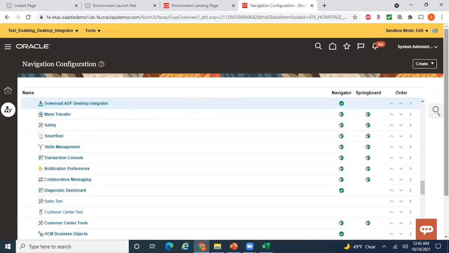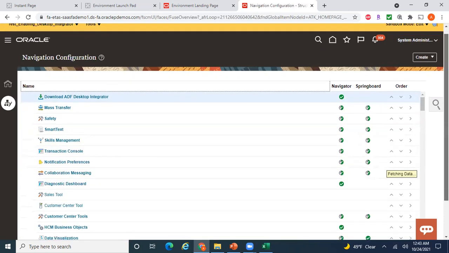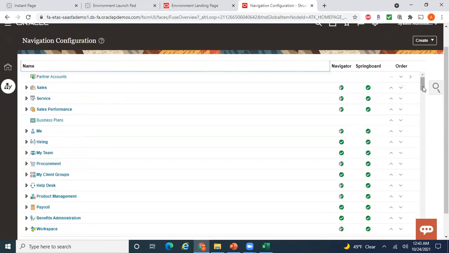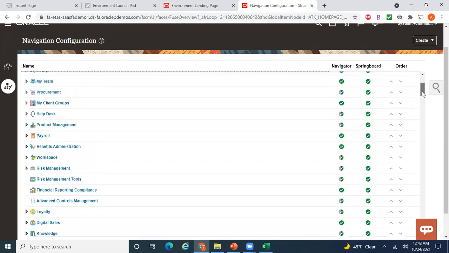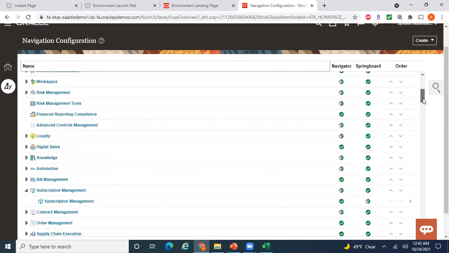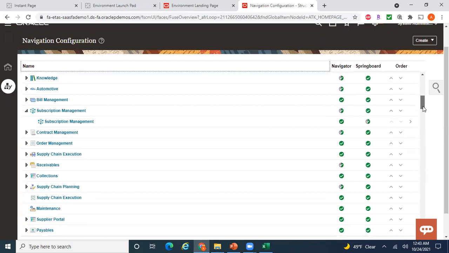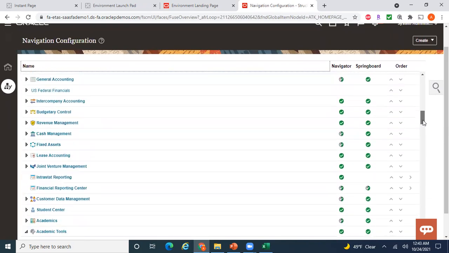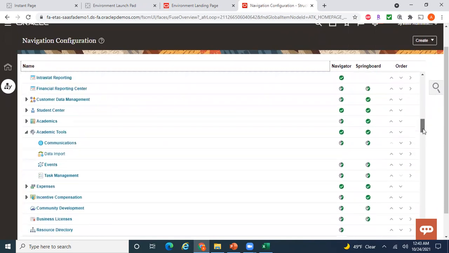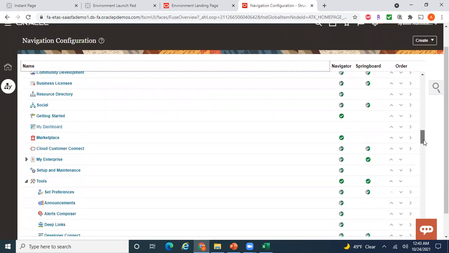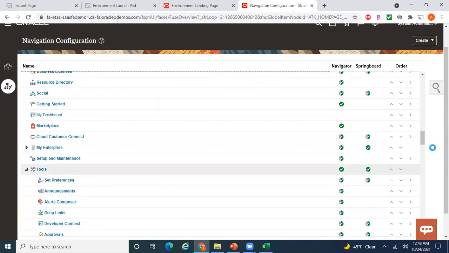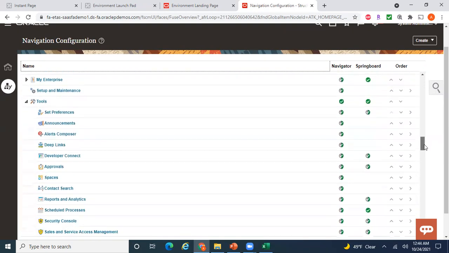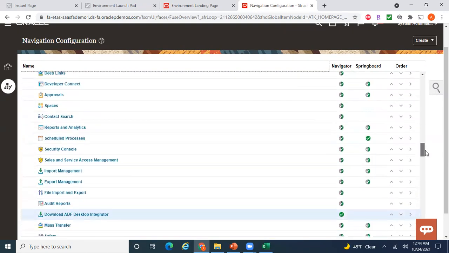There are a lot of options under structure, so slowly scroll down to tools. Yes, we are under tools. Slowly scroll down. There should be something called